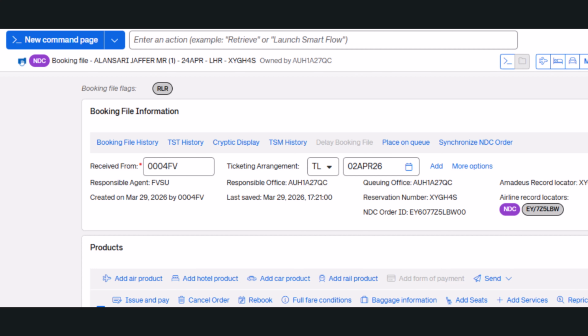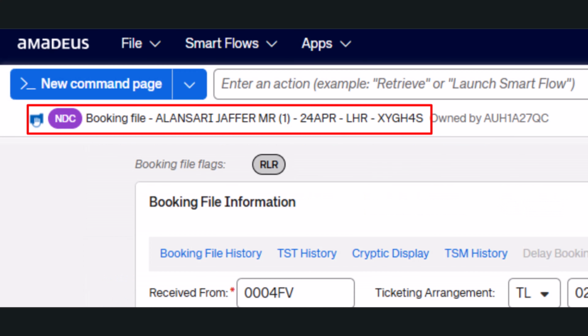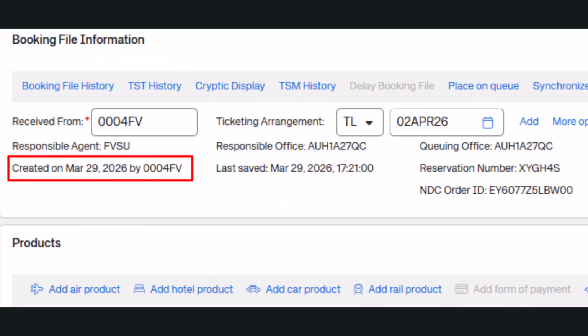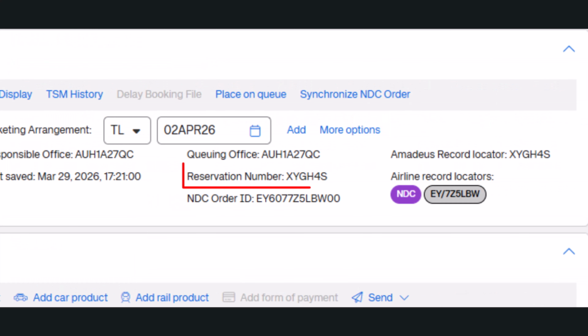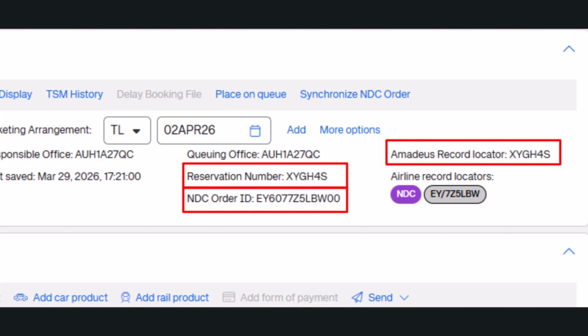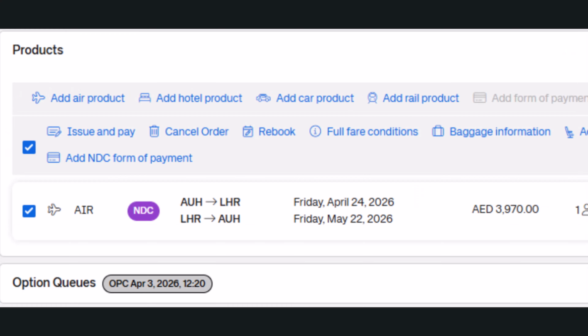Once the booking file opens in graphical mode, you will see the NDC tag and the booking details. This includes the NDC order creation date and time, the reservation number, the NDC order ID, the Amadeus record locator, and the airline record locators. Look at the option cues, OPC. For example, if it shows April 3, 2026, at 12:20 local time, you must issue and pay before that exact